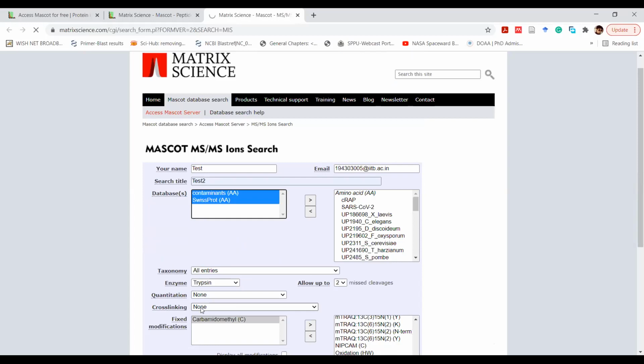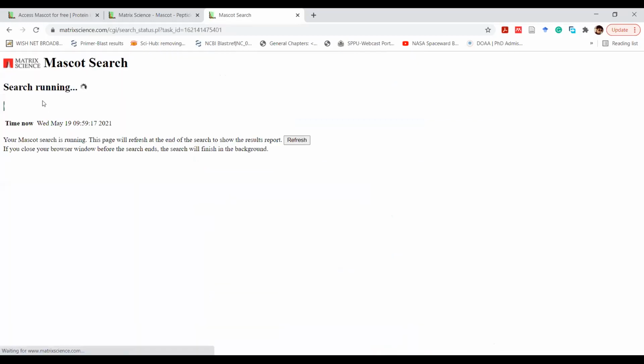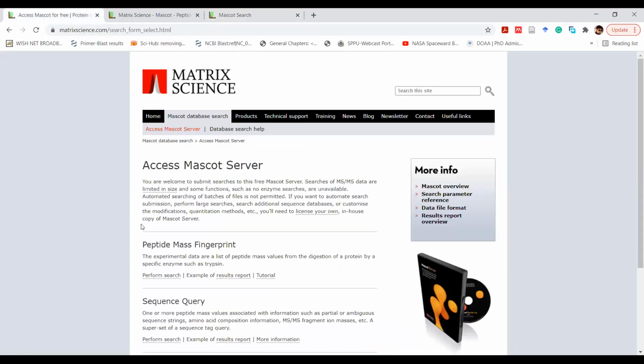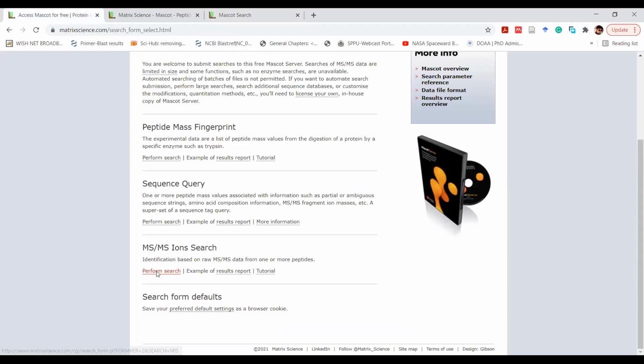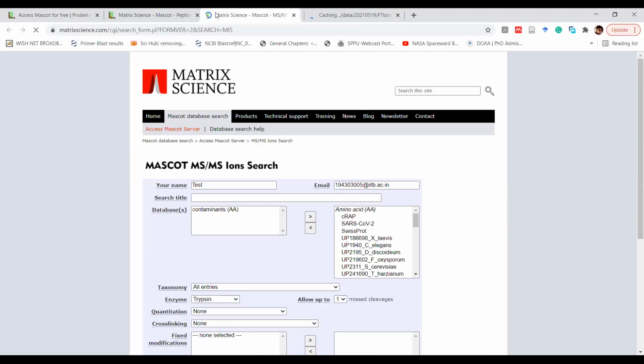Actually, you can just go through each field once more quickly, so that everybody is selecting it right. Okay, I'll do it once more for you. And I think all of the people should have the MGF data file in the Google Drive link which Akanksha has shared just now.